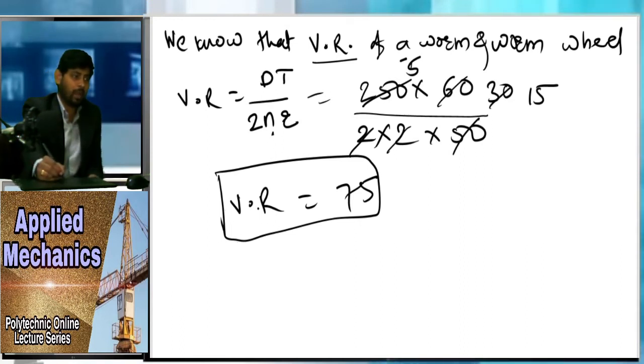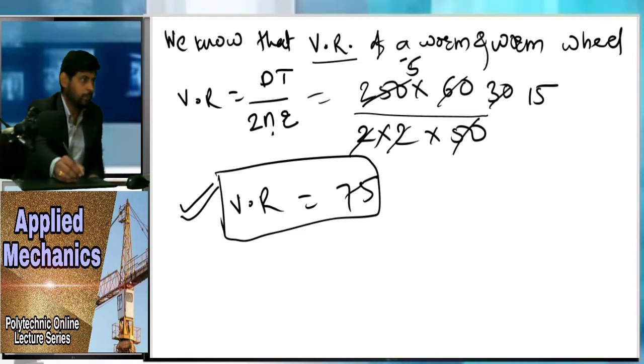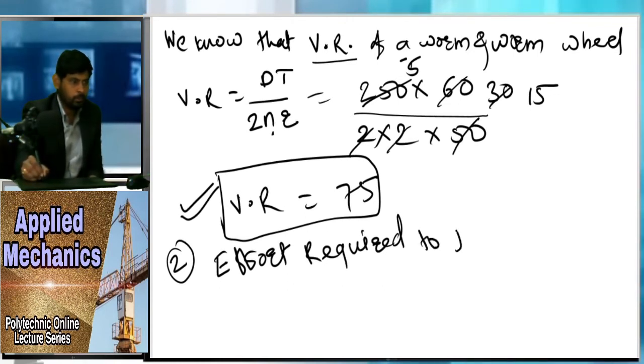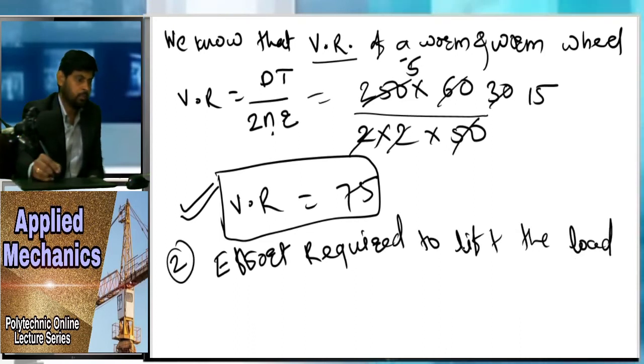Now once you have found the value of velocity ratio, what do we have to find out? This is the first thing we have to find out, velocity ratio, right? The second thing we have to find out is the effort required to lift the load. So now you can write here the second term you have to find out: effort required to lift the load. Okay, so for that we know,